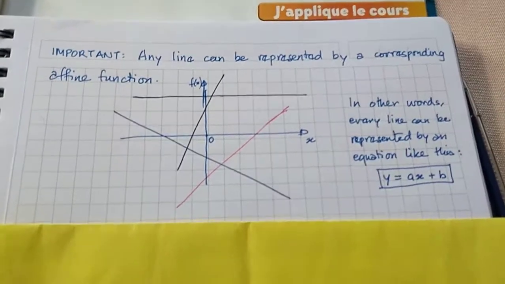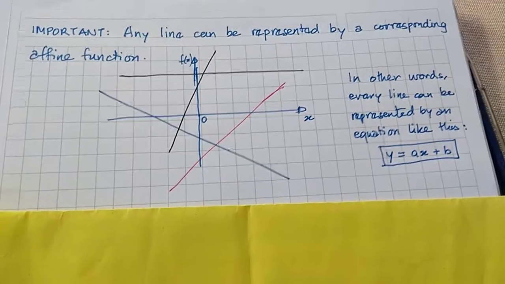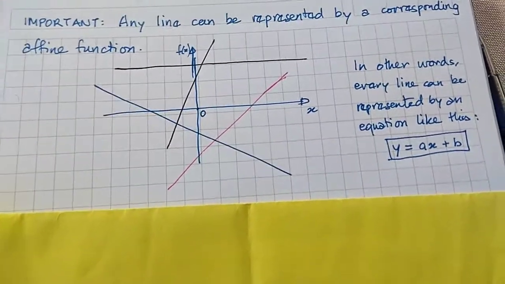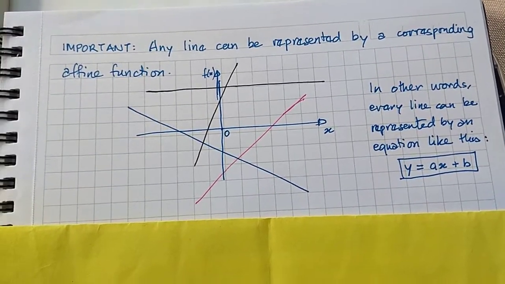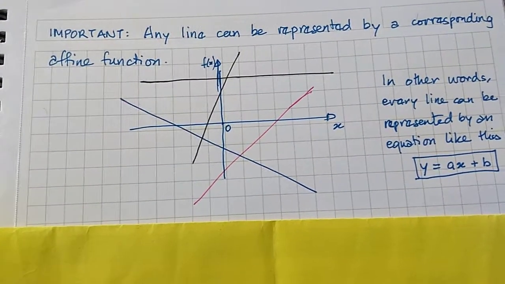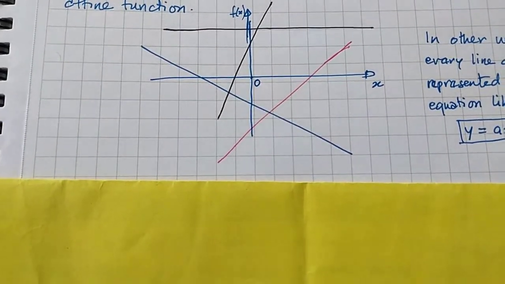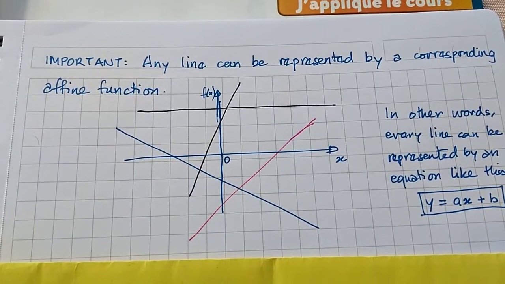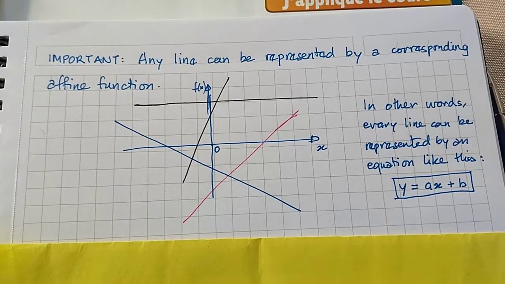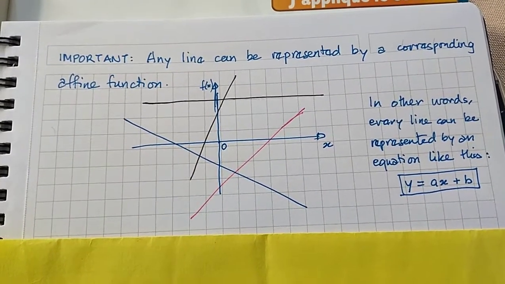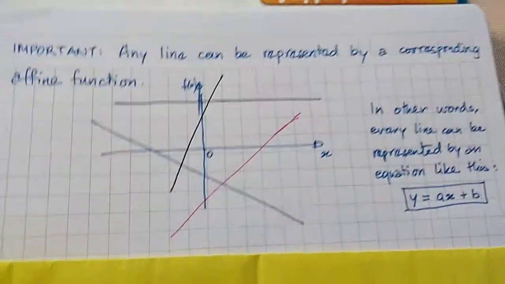remember I told you right at the beginning that the affine function is a very useful function. So it is useful because of two reasons. One is, if you have a situation where, like we saw before in many problems, you want to go and see movies, you have to pay a yearly fee for a pass, which is say 20 rupees, and then for each movie you have to pay 10 rupees each time you go to see. So this cannot be represented by a linear function, but it can be represented by an affine function.